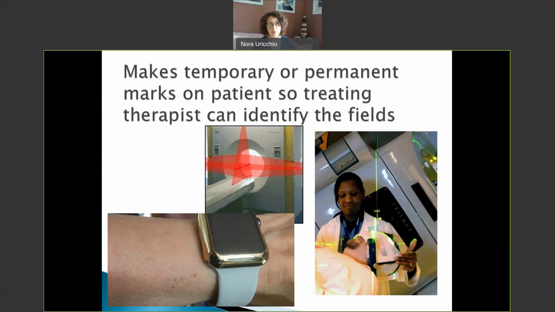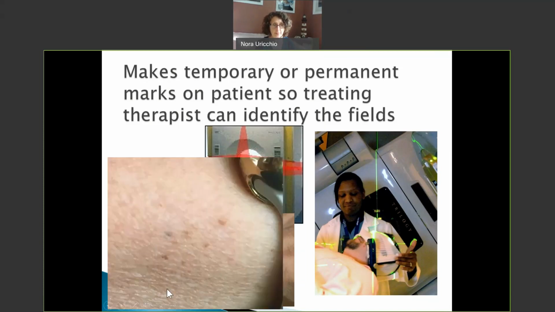Now, when I say permanent or temporary marks, we actually call them tattoos. So I'm sure that me saying the word tattoo conjures up some kind of image in your mind of an actual large tattoo. But if you look at this patient's arm right here, you can see a series of freckles. At least that's what it appears like from looking a little bit further away. If you look a little bit closer, you'll see one of the freckles is a little bit different color. This is an actual tattoo. So this is what we do with our patients. We'll actually tattoo them, and then we are able to use those tattoos to